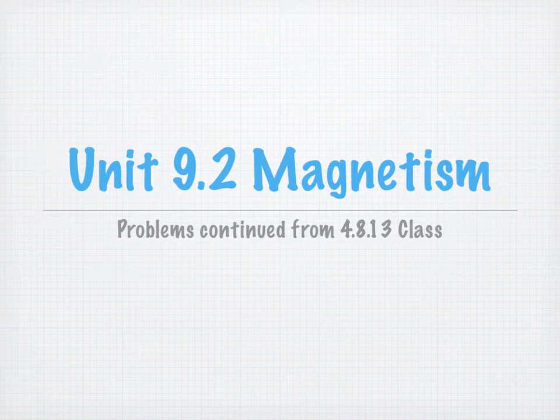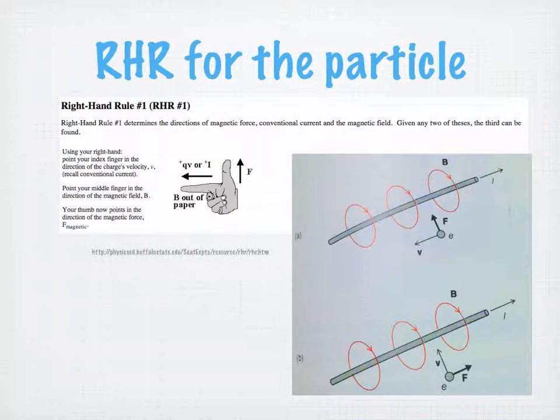Unit 9.2 Magnetism. Problems continued from the class on 4.8.13. Looking at the right-hand rule for the particle and the wire. Part of the problem with this is that we have a B field that's actually changing, and so with this, the right-hand rule is a little bit tricky. So what we have to do is take a snapshot of the B field just at the point of the